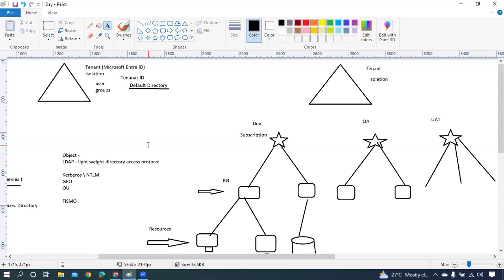Are you getting my point? Sure. Otherwise, why would I require another domain in the same tenant? Ideally, it should not. Correct. Clear? Right. The ideal approach will be that I should have a multi-tenant setup, because if I'm providing isolation,